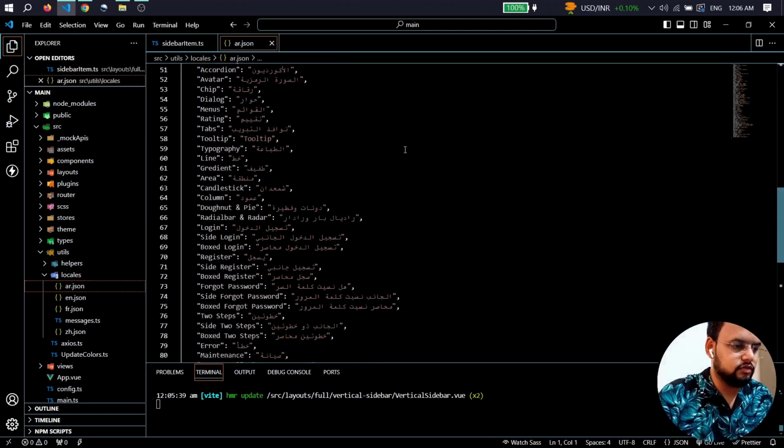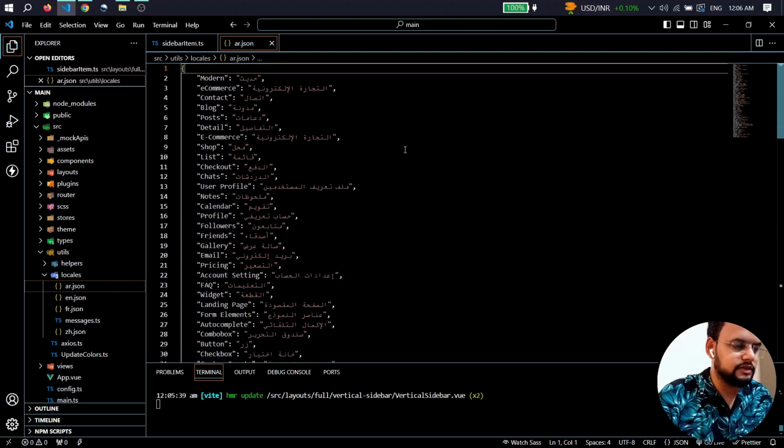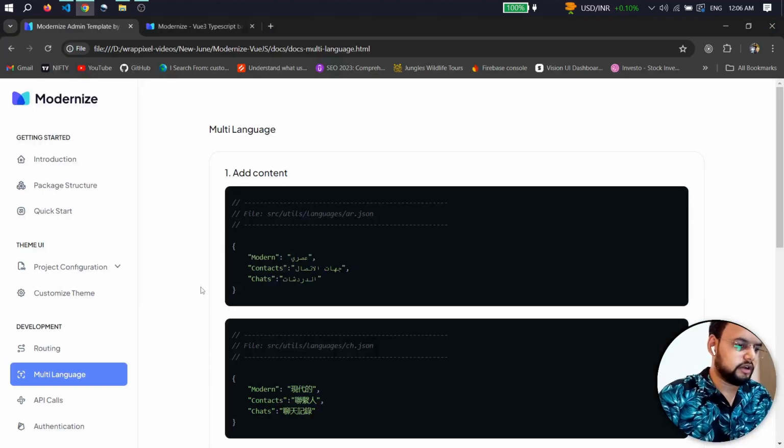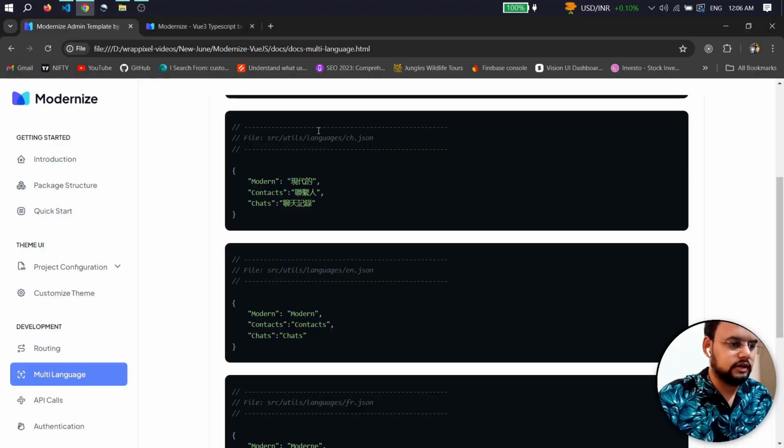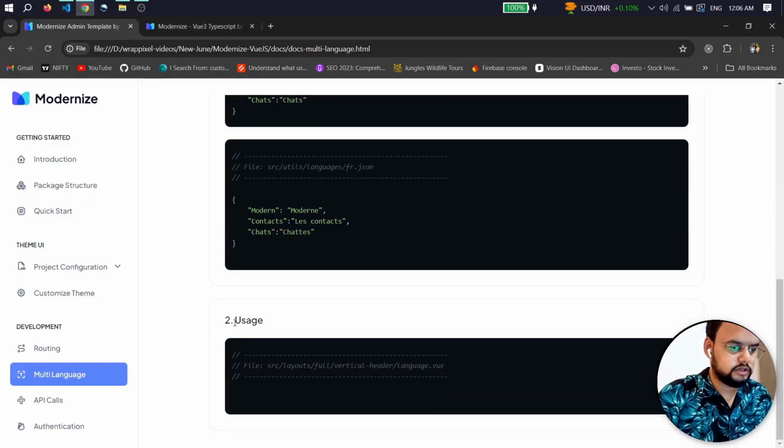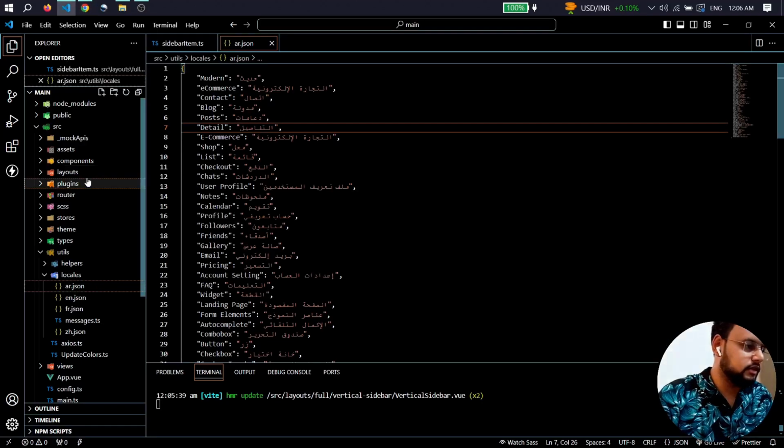You just have to, this is basically for the sidebar, right? So if you want a new language to implement, you have to make a new JSON file like this, and with whatever you want to change you have to mention like this, and then to use it you have to go to usage, which is again inside vertical headers, the